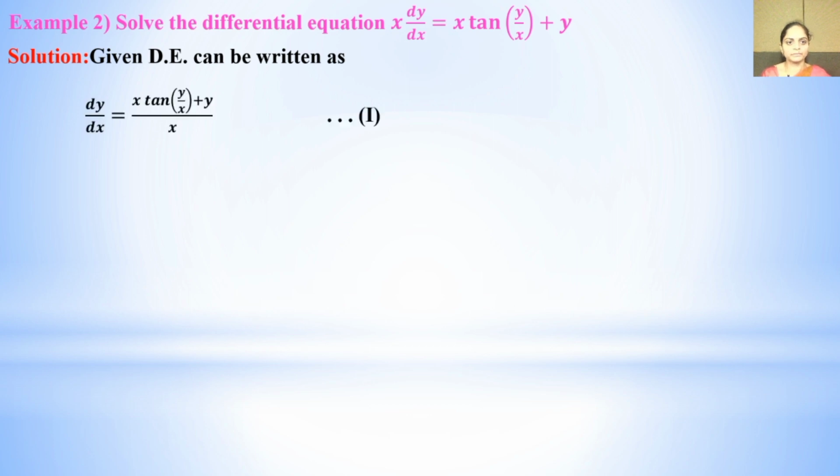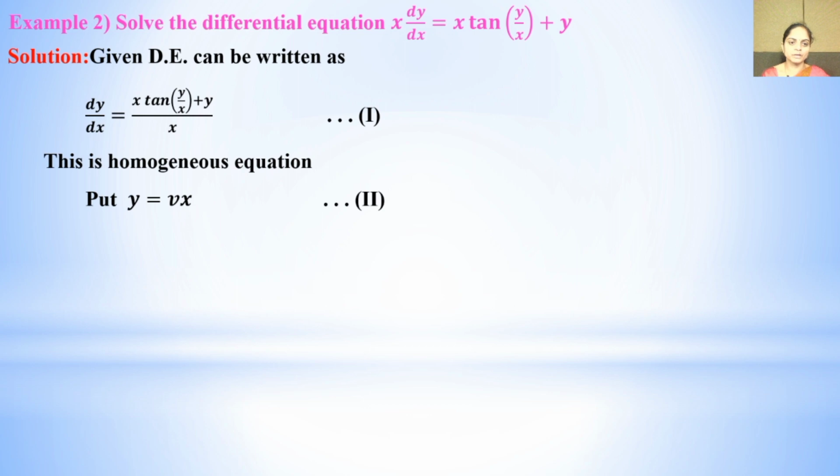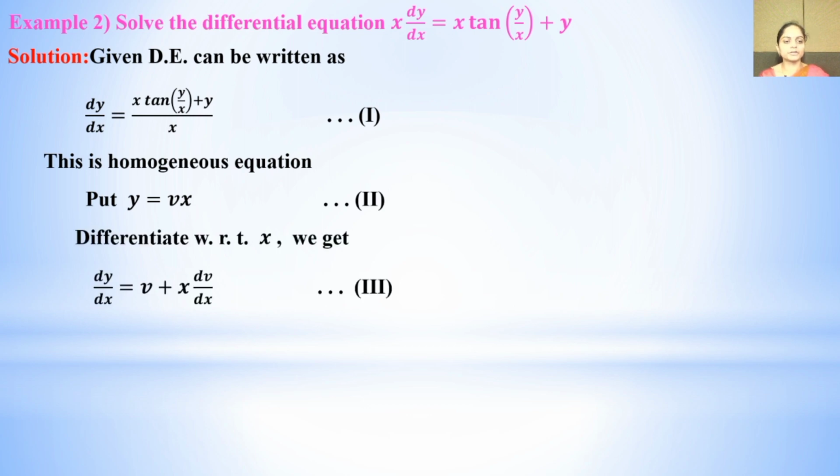So we get dy by dx equal to x into tan of y divided by x plus y divided by x. This is our equation number 1, which is a homogeneous differential equation of degree 1. Now we put y is equal to vx in this equation, and this is our equation number 2. On differentiating with respect to x, we get derivative of y is dy by dx is equal to,